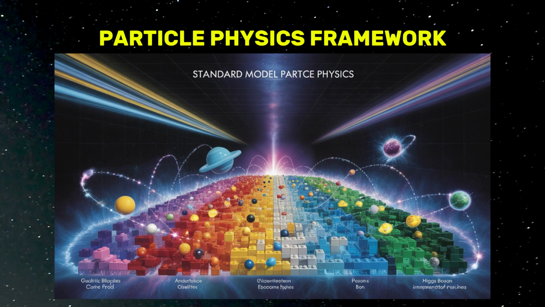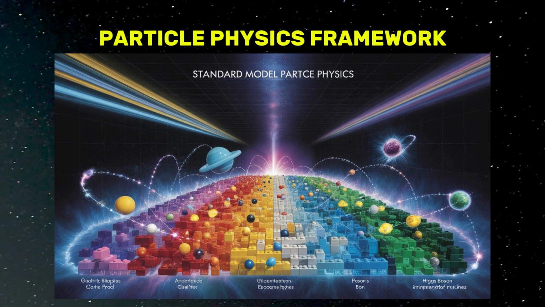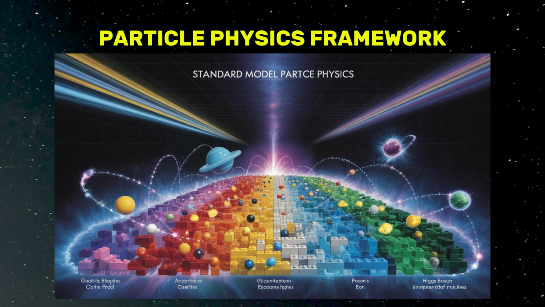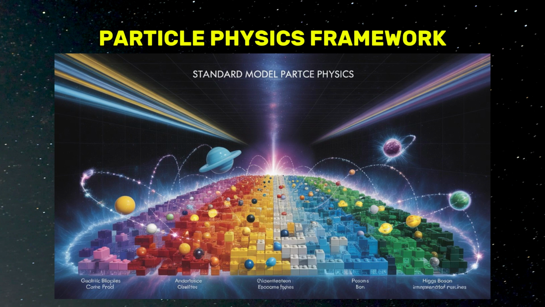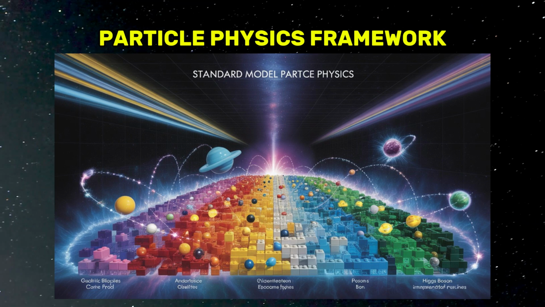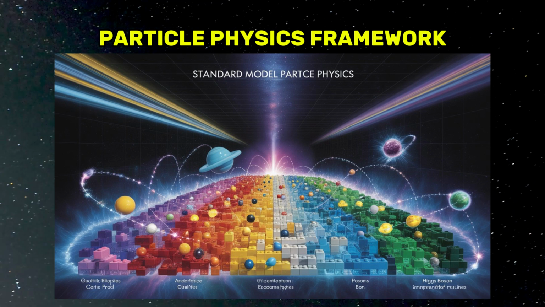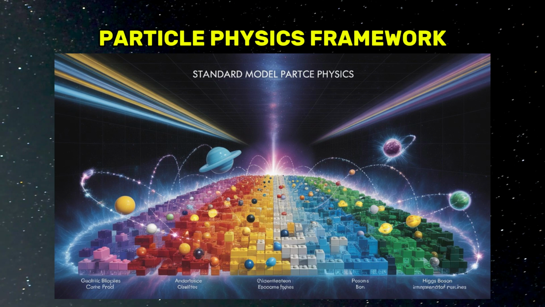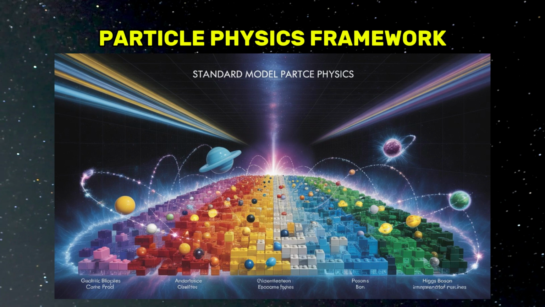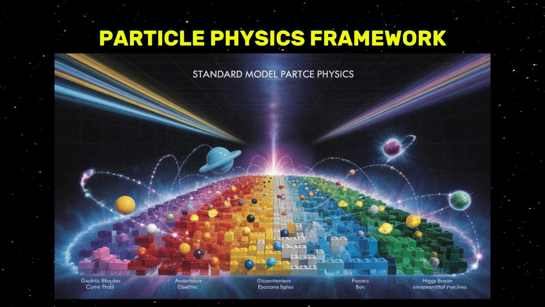However, there was more to uncover. The Standard Model recognizes 6 types of quarks: up, down, charm, strange, top, and bottom. These quarks join together in various combinations to form protons, neutrons, and other particles. Quarks are held together by the strong force, mediated by particles known as gluons, which serve as the glue binding quarks inside protons and neutrons. The Standard Model also details how particles interact through fundamental forces.